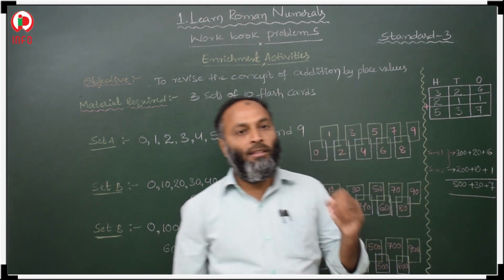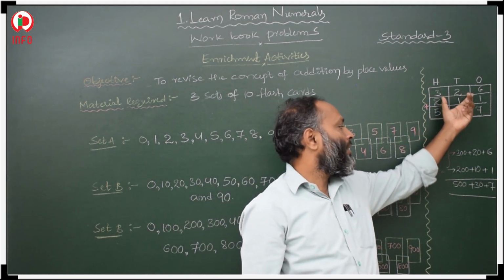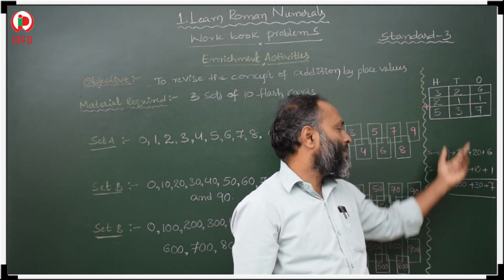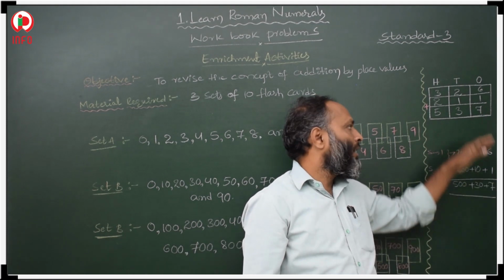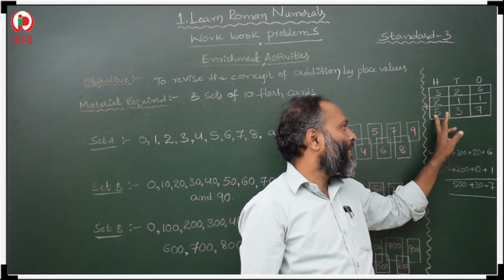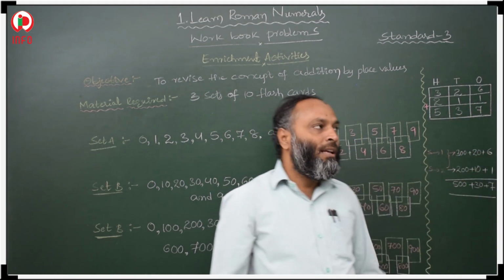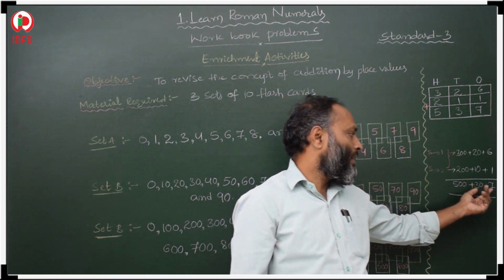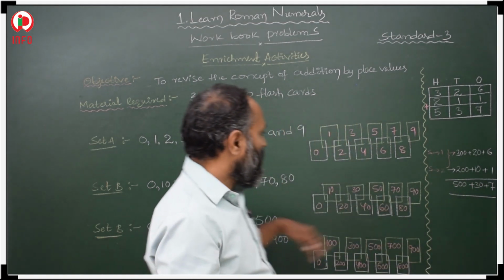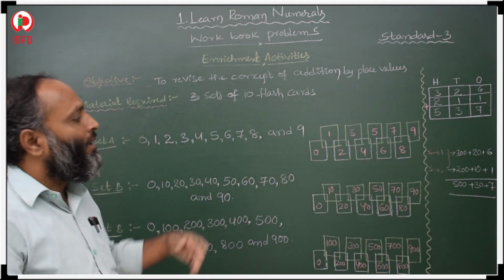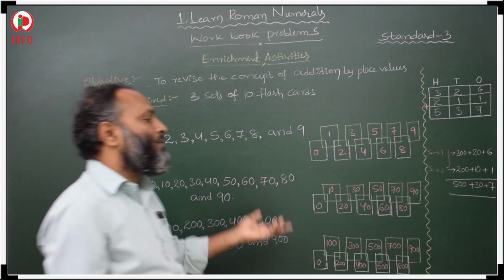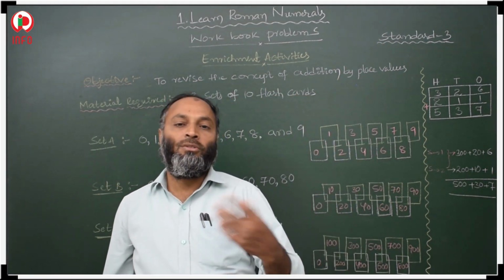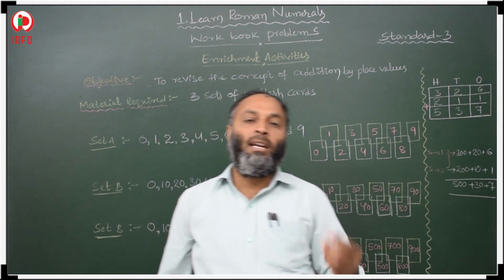In this way, we have to write the first number in expanded form like this, and the second student's number in expanded form like this. After adding, we get 537, whose expanded form is 500 plus 30 plus 7. Then you have to repeat this with two other students and repeat the question again, and again with 2 more students. You have to select them and let them do it.